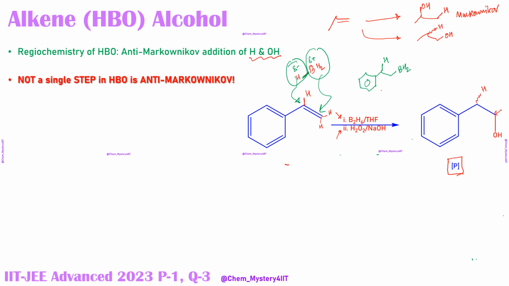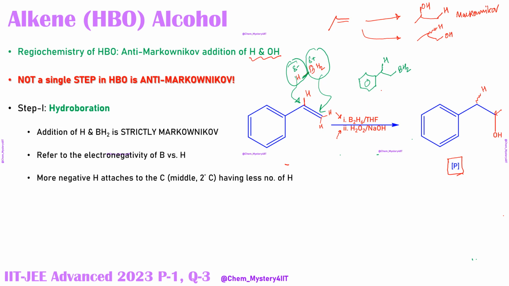This is when B2H6 was being added. Although two more molecules of this styrene could be added to the two more BH bonds which are left, for making it relatively simple, we are not writing that. You might have probably seen that earlier somewhere else. So elaborating this first point, we have here step 1, the hydroboration. This is addition of H and BH2. This is strictly as per Markovnikov rules. There is nothing against Markovnikov over here. This is Markovnikov rule, hydroboration. We have realized it over here already.